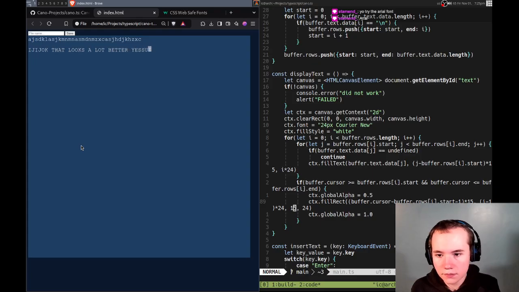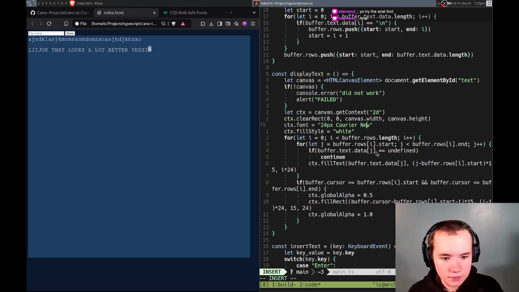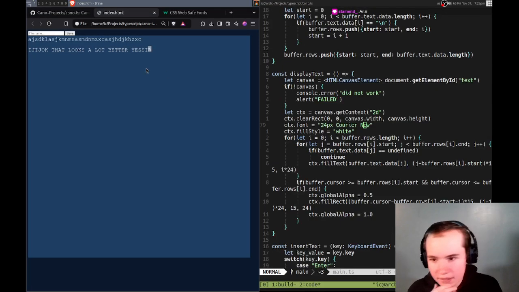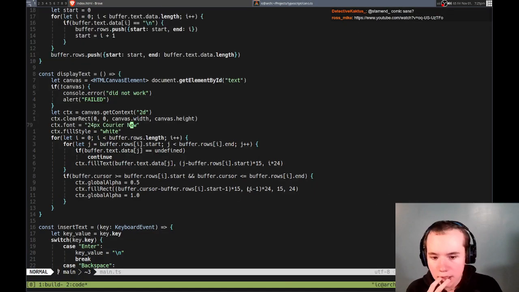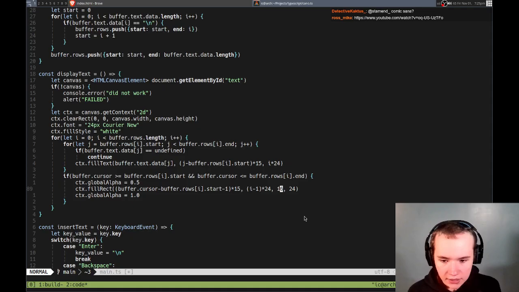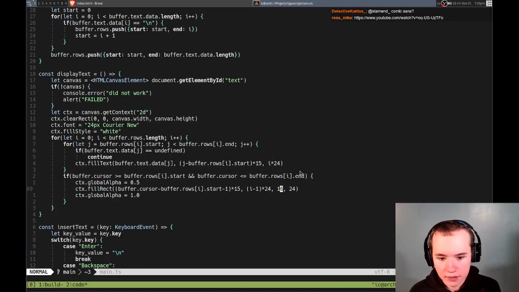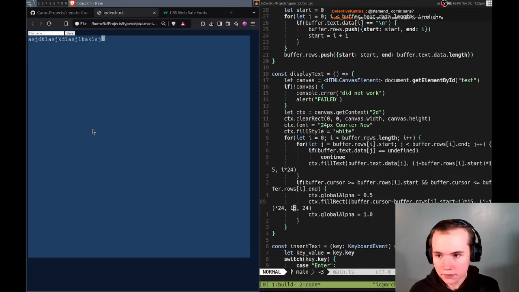So, the cursor's in a weird position. It's supposed to be after it. It's kind of strange. I don't have that thing, so maybe it's not. I can do that by we do 16. Which way does it go? It does look a lot better though. So yeah, I think we'll keep it like that. That's right. It's fine. I'm not the biggest fan, but it does work